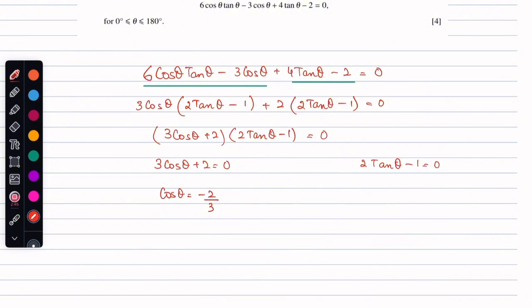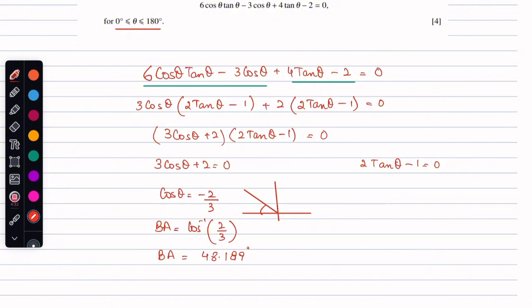Our domain here is from 0 till 180 degrees. Therefore, considering the first 2 quadrants, I should say that cosine is negative in the second quadrant here. Therefore, I should be getting the angle in the second quadrant. I've located the quadrant. Now I shall be getting the basic angle for cos inverse 2 by 3 in the degree mode. So the basic angle in the second quadrant comes out to be